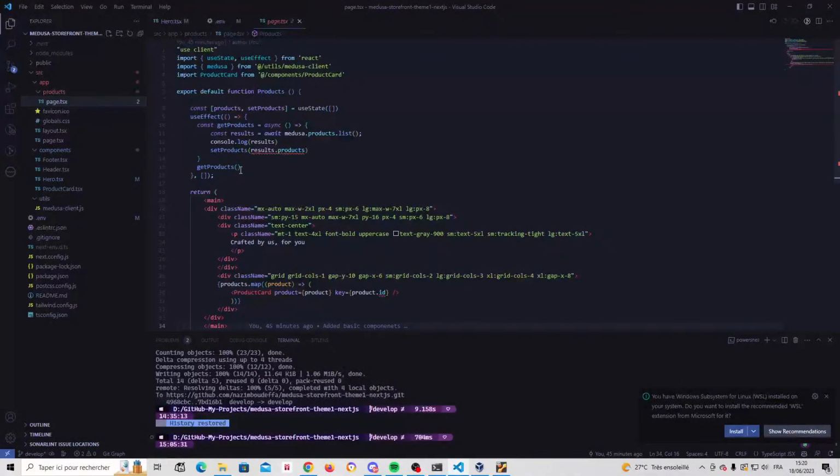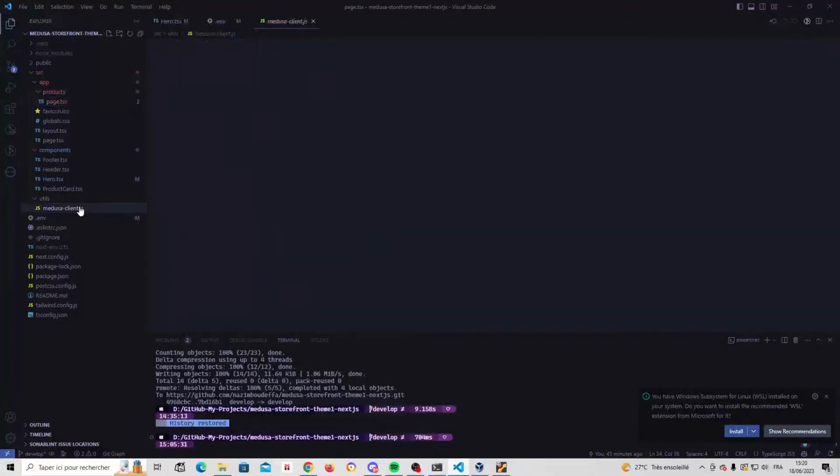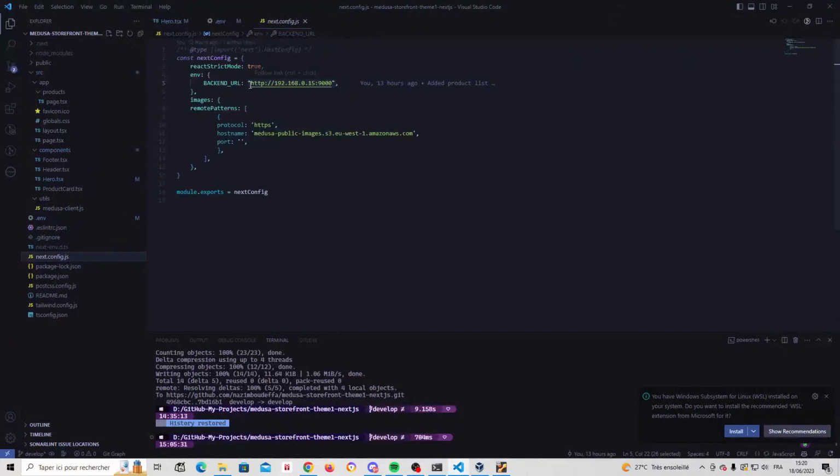But with use client, it only uses the client part. So I import Medusa from Medusa client, which is the const Medusa with this, and I have to fix the problem, the backend URL, because I want